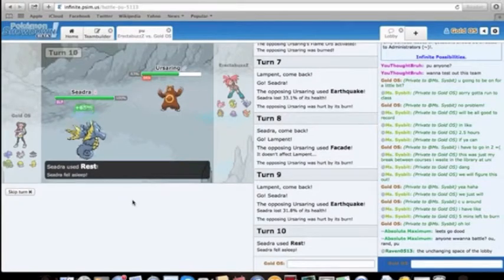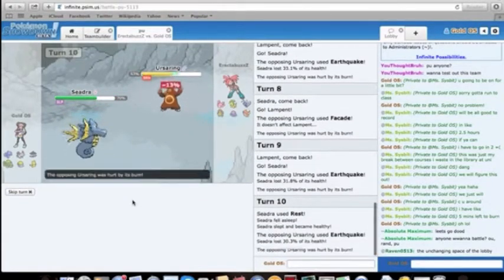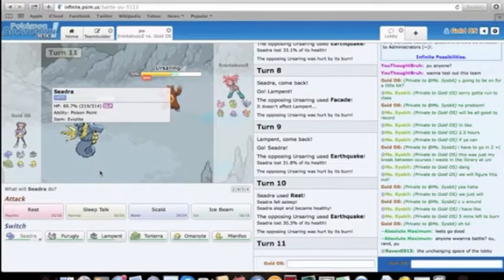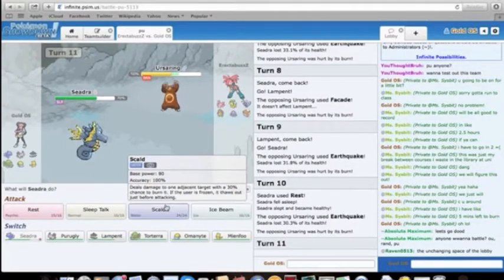Oh, I am faster than him. Great. Yeah, he doesn't want to play around with me predicting. So I did go for the right play there, and I forgot how fast Seadra is. I don't know why it's that fast, but...